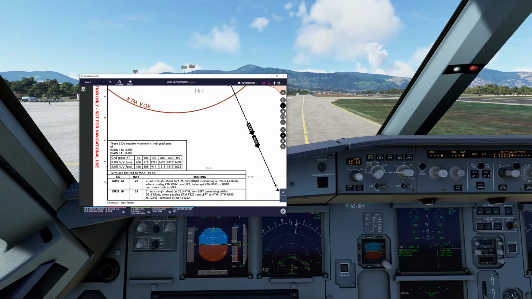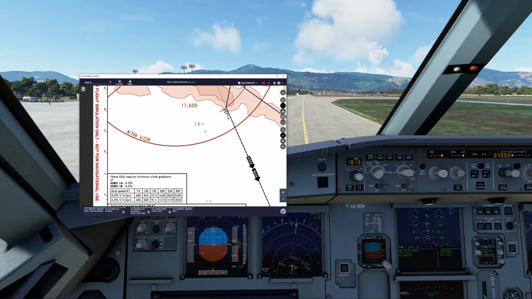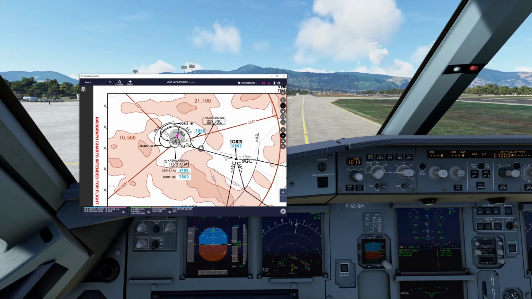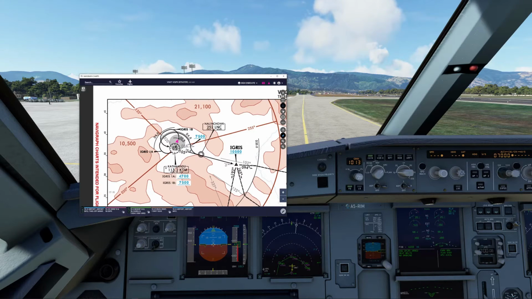When crossing KTM, radial 084, turn left, intercept KTM radial 105 to Igris, continue climb to MEA. Okay, so we're going to be taking off and taking a sharp right, basically. Well, not too sharp, but we need to stay within this D4 parameter.